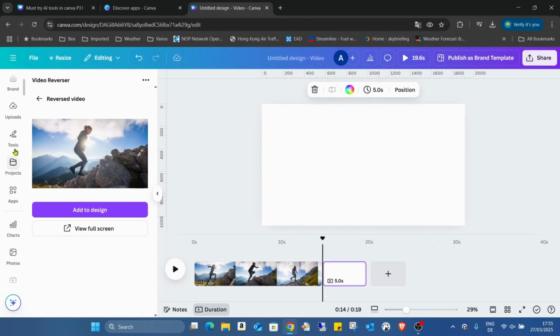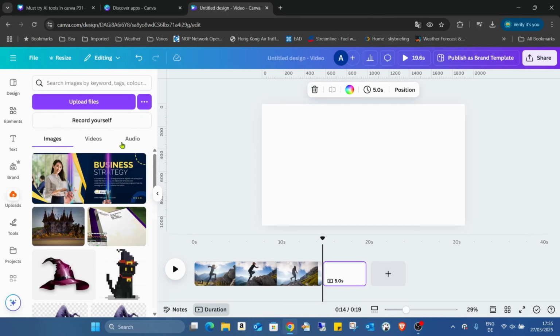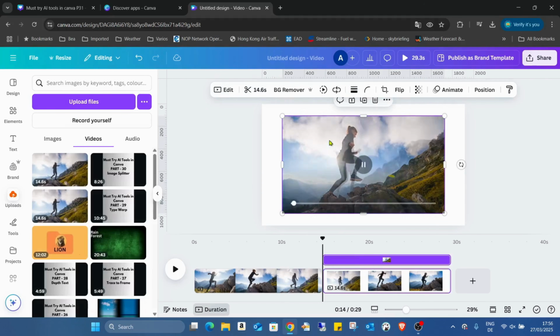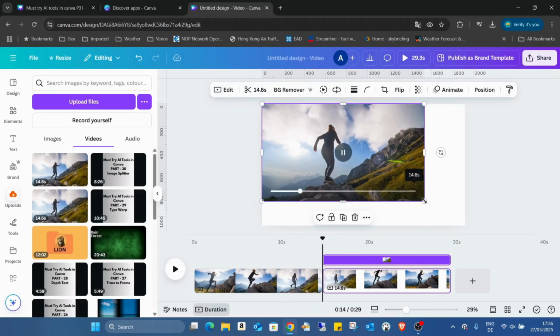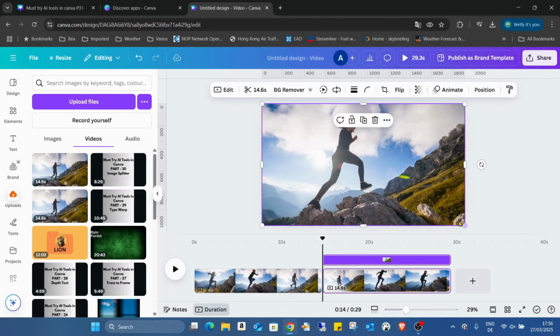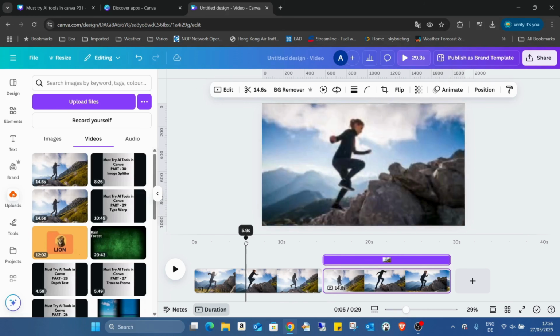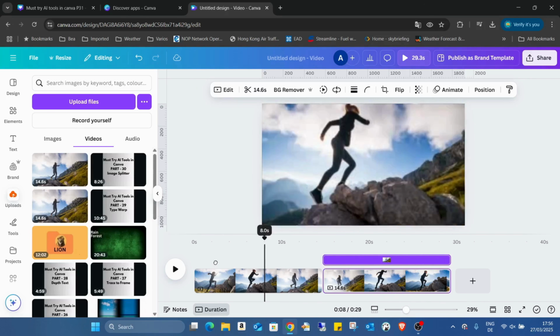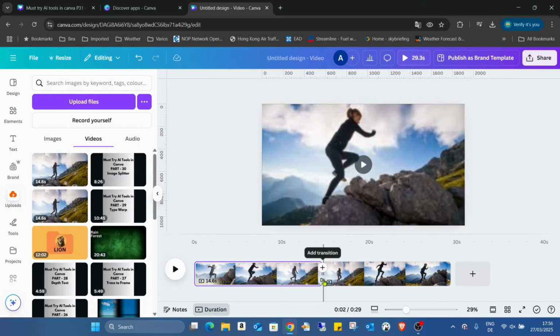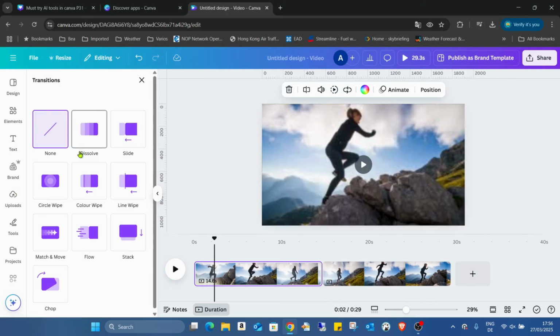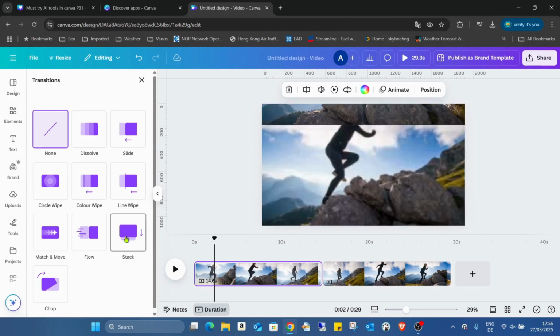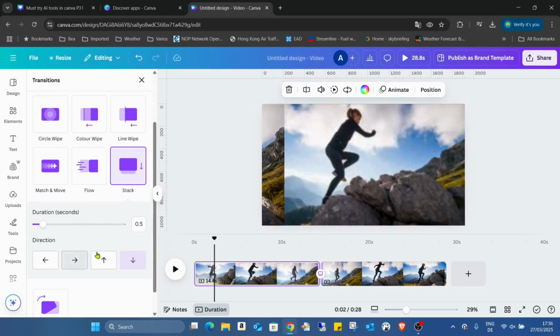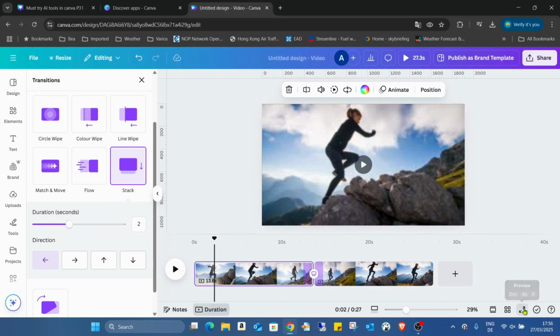Meanwhile, the application already uploaded this video to the upload section, so I just open it from the upload section. As you can see, here is the original video and here is the reverse one. Just for fun, I just add the transition between them. Just increase the size a bit, like 2 seconds, and now we can see